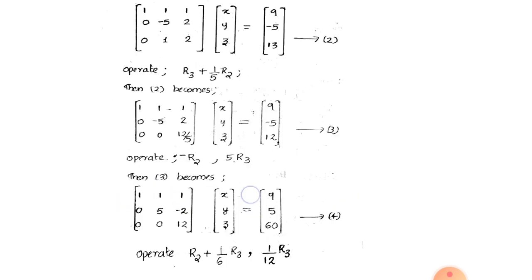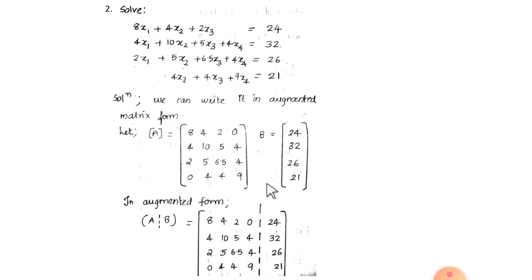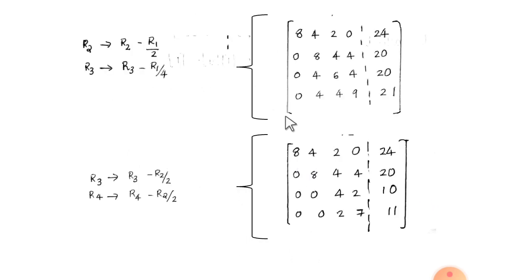So similarly in the previous question also, whatever transformation you are doing in this, you have to do the same thing in this matrix also. Then only we will get the value of x, y, z. Okay, so don't forget that one. So writing in augmented matrix form, then you are applying row transformation. So by applying row transformation we can make this element under this as 0. Again you have to make this element under this as 0, so applying another row transformation.